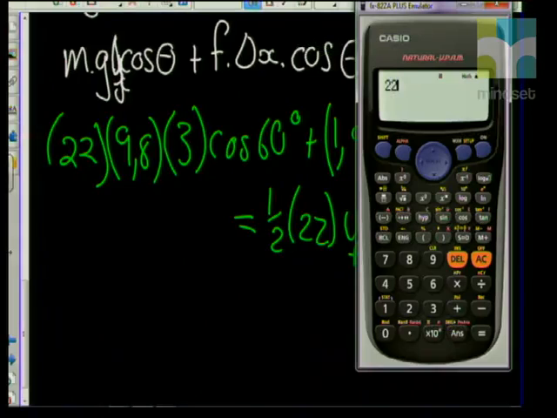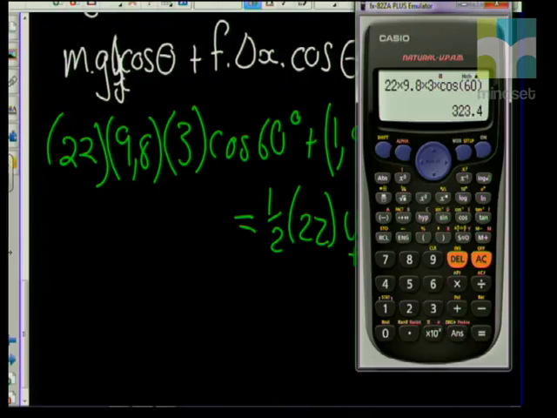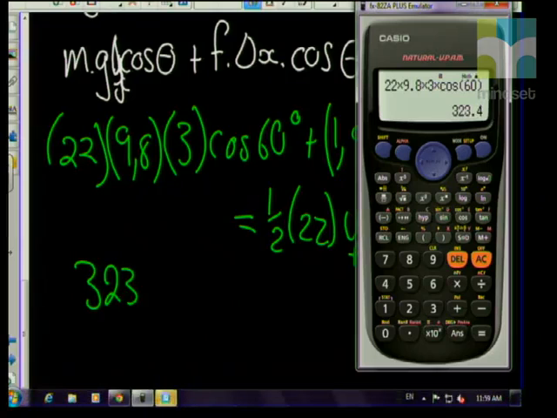So I'm going to say 22 times 9,8 times 3 times cos of 60 degrees. Now, remember I showed you the triangle. You've got the slope, the bottom angle is 30, the top angle must be 60 because it's a 90-degree triangle. Make sure you don't get confused about the angles. This gives us 323,4